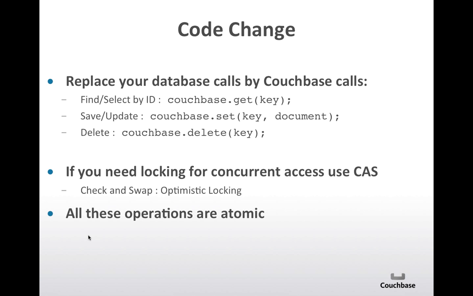And inside the relational database, in your application, even if you can put a lock, on a web app with a very large set of users, you usually don't use a locking system from the database. What you do is optimistic locking. This is exactly what we do, but we have pushed that inside the engine, inside Couchbase, using a CAS operation, CAS being check and swap or compare and swap.